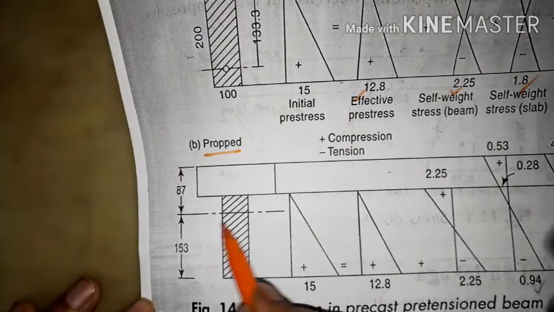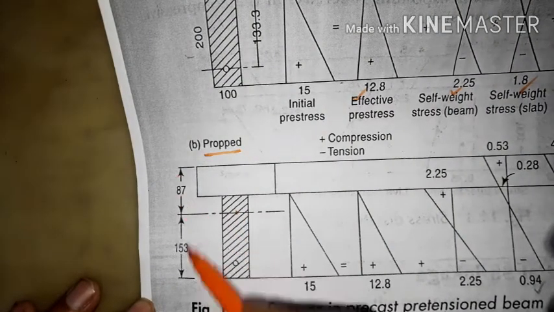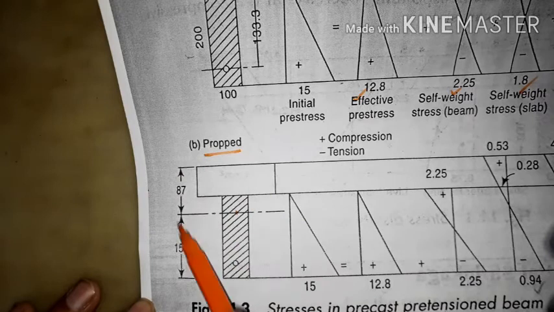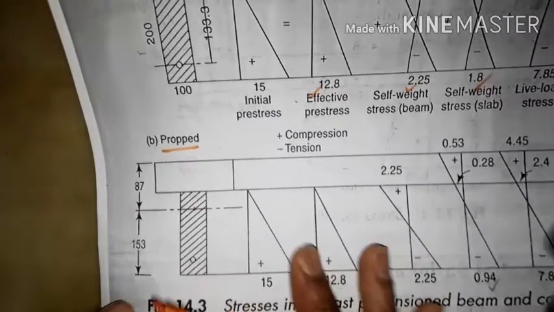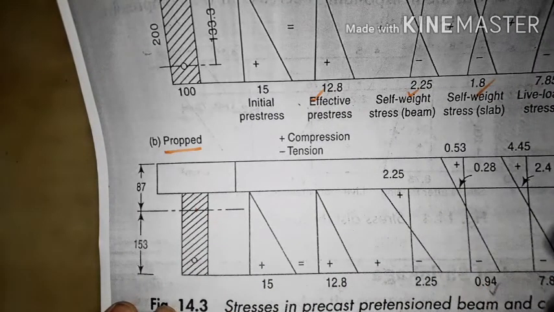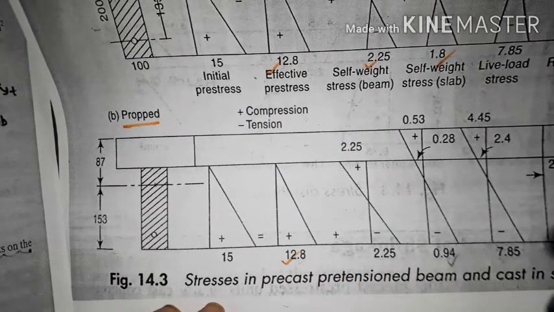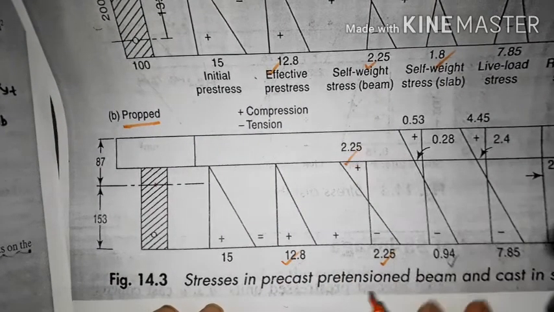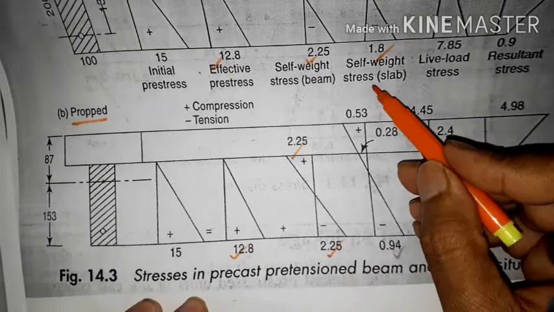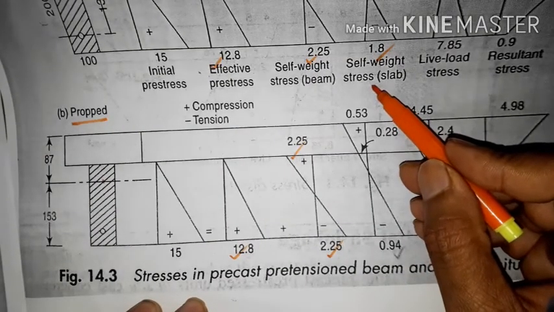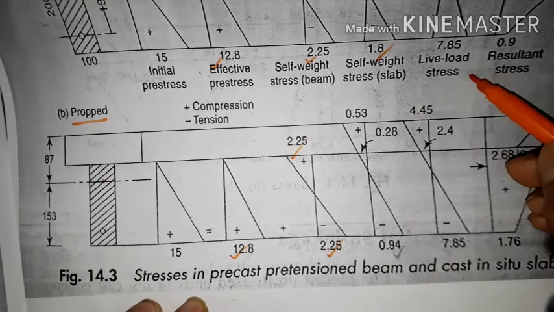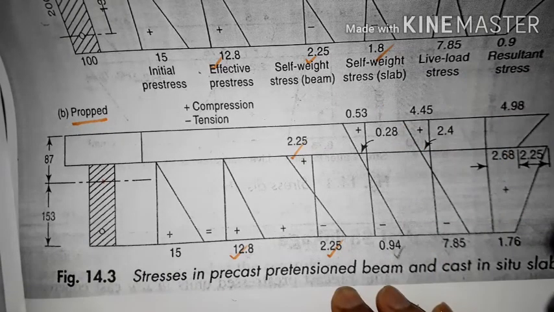And we have the properties here. The centroidal is 87 153, which is used for dead load and the live load. Okay. So this will remain the same, there is no change. This will also remain the same, there is no change. Only the change is here due to the self weight of the cast in situ concrete and live load. So that we have calculated separately.